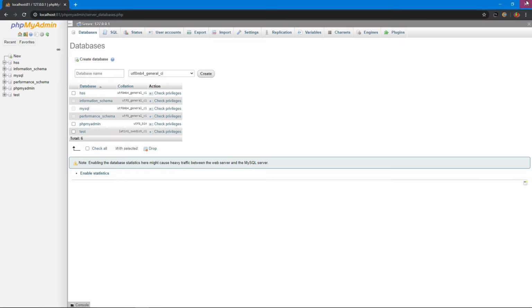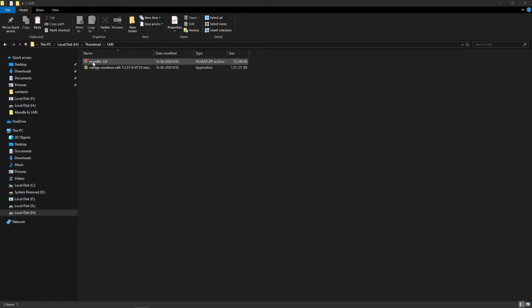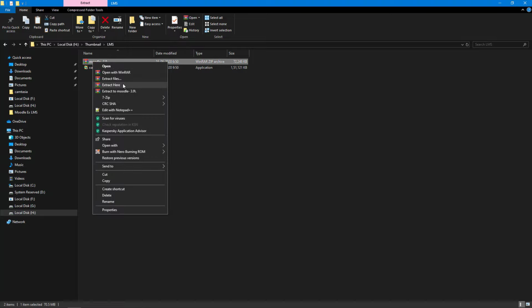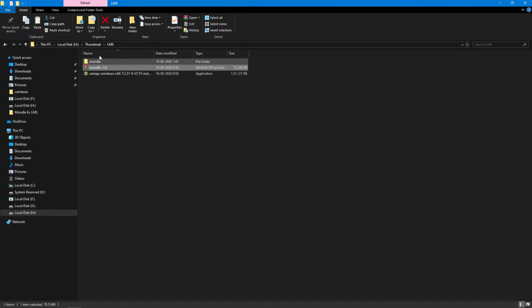I close this tab. Now I am going to extract this Moodle 3.9 zip folder. Right click on it and click extract here. You can see the Moodle folder. Now I want to rename the folder HSS, the name of higher secondary school. You can name it whatever you want. Now I have to place the folder inside of the server.